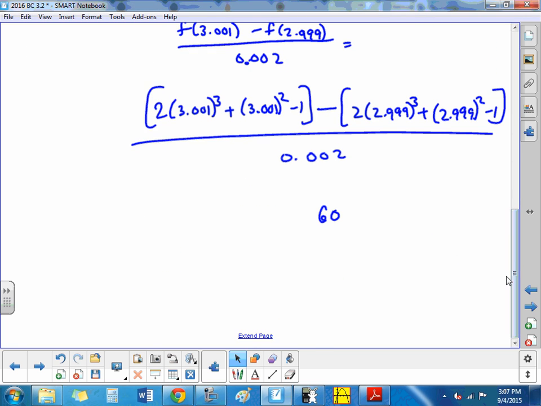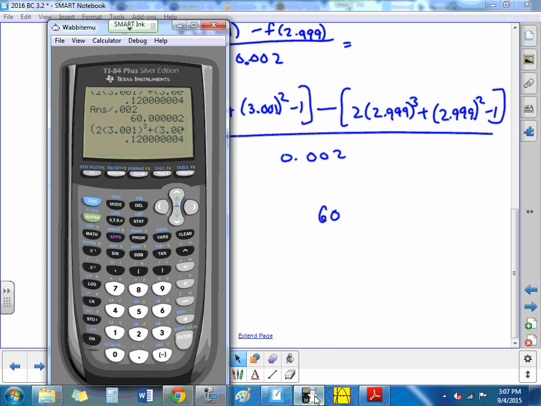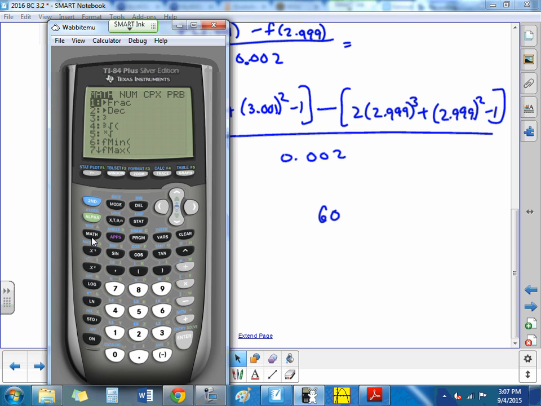60, yeah. And now let's go back and use the nDeriv thing. So let's try the actual built-in program for that. Let's go to Math 8. We'll take the derivative with respect to x of 2x to the third plus x squared minus 1 when x is near 3. And the answer is 60. In fact, if you look at it closely, it's 60.0000002,